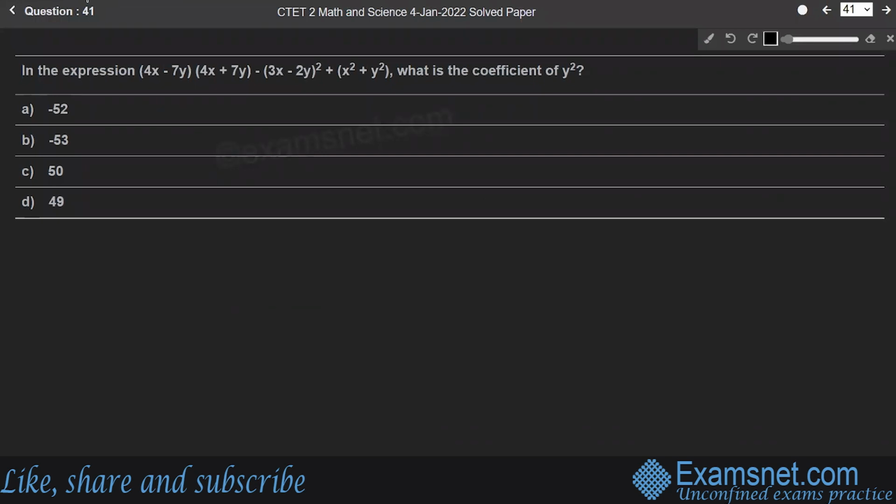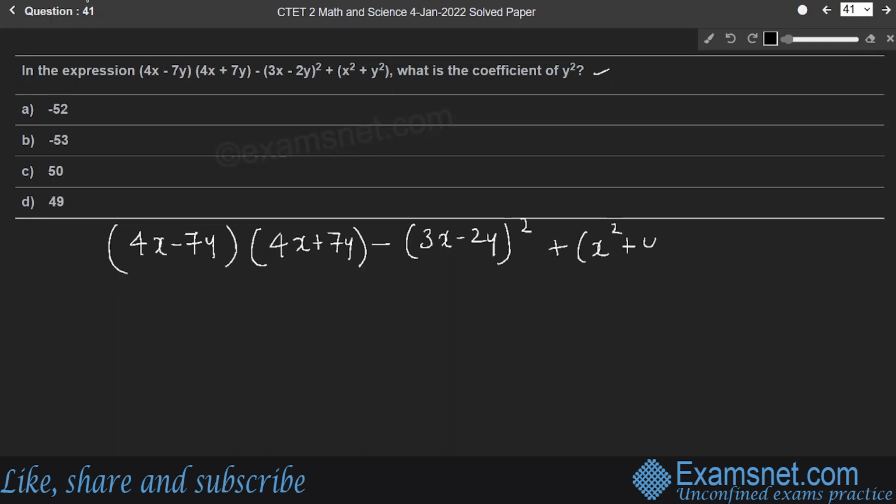Question number 41. In the expression (4x minus 7y) into (4x plus 7y) minus (3x minus 2y) whole square plus x square plus y square, what is the coefficient of y square? So let us expand the expression, that is (4x minus 7y) into (4x plus 7y) minus of (3x minus 2y) whole square plus x square plus y square is equal to